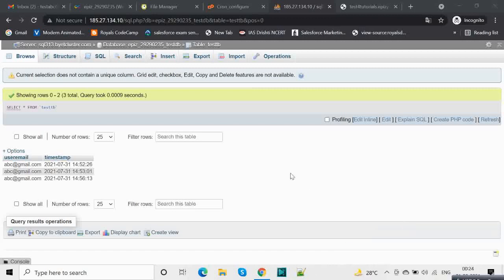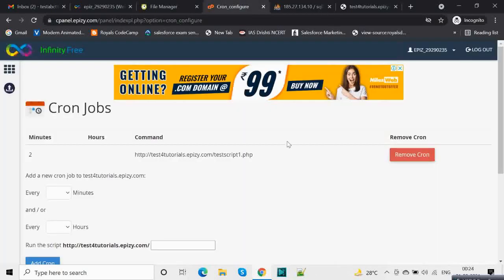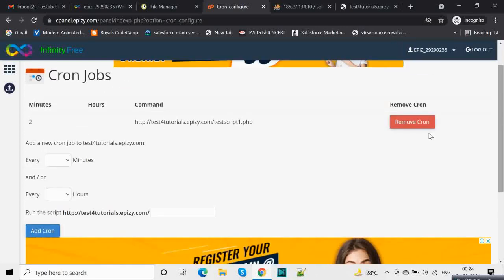After waiting for 2 minutes, I reloaded the page, and you see after about 2 or 3 minutes this cron job has run, and the record has entered. This is how you configure a cron job.